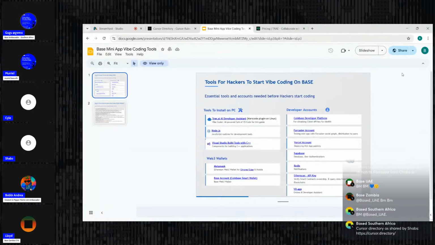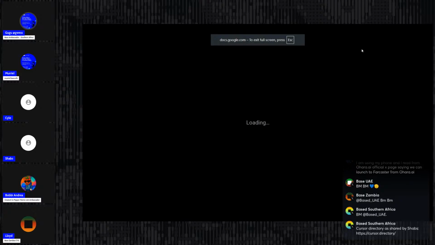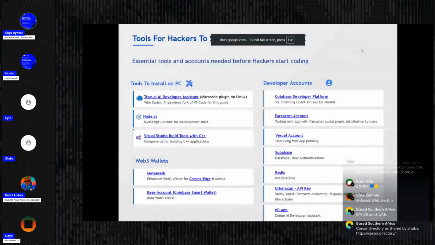So guys, I've shared this document with the people that subscribed to the Luma. The Luma is the event page, okay? Every time we're having these events, we share an event page for you guys to subscribe. It's important to go to that page because it's got some resources. We put links like this, the set of tools that you need to build.